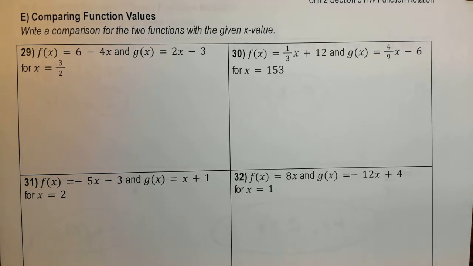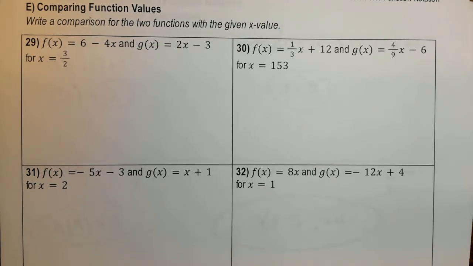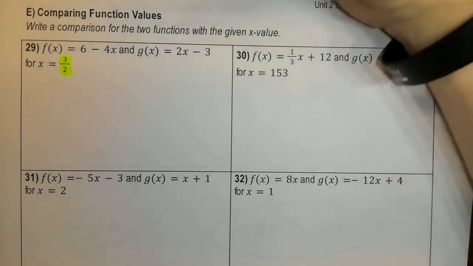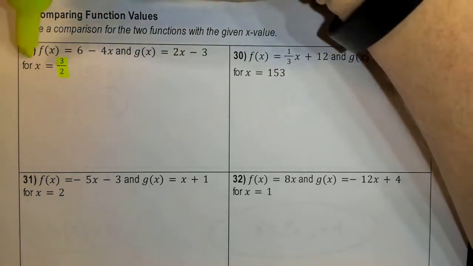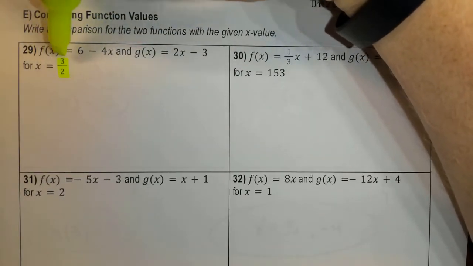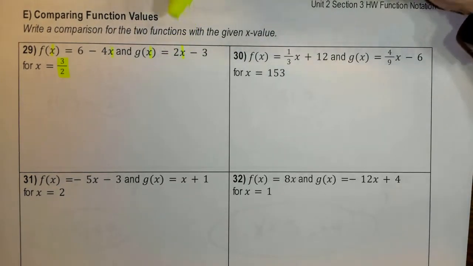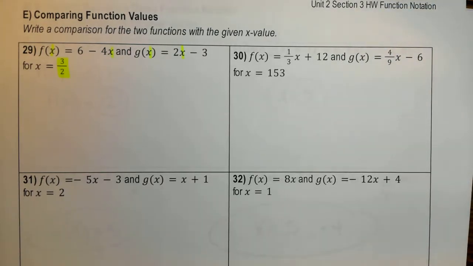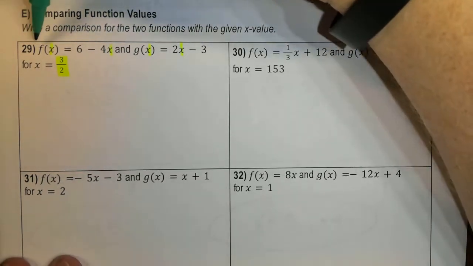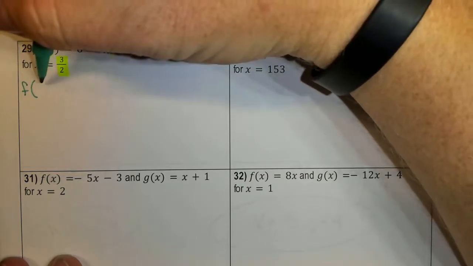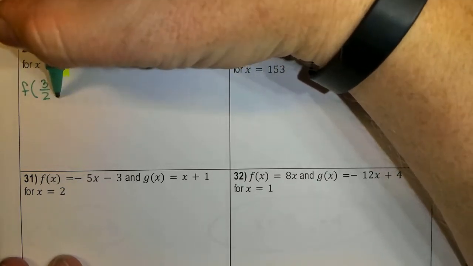So, what that means is I'm going to get a highlighter, but I'm going to take this number right here, 3 over 2, because it's telling me x equals 3 over 2. So I take that number, and anywhere I see an x, I'm going to replace x with that number. Okay? So on the first one, 29, that means I'm going to start with f, right? So I'm going to write f, and instead of x, I'm going to write my number here, 3 over 2,